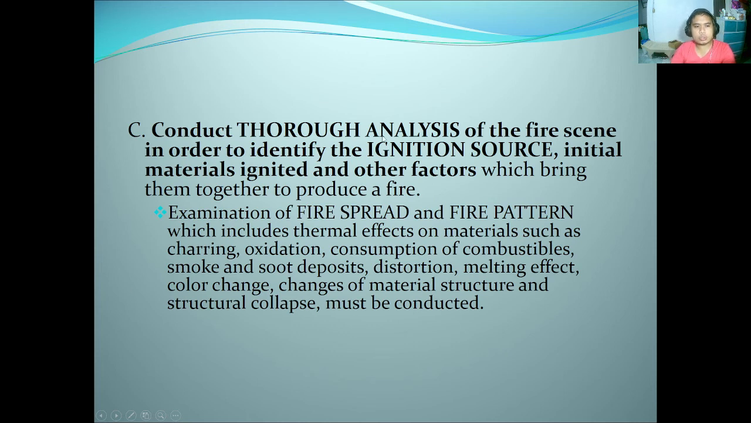Letter C, conduct thorough analysis of the fire scene in order to identify the ignition source, initial materials ignited, and other factors which bring them together to produce a fire. Examination of fire spread and fire pattern, which include the thermal effects of materials such as charring, exudation, consumption of combustibles, smoke and soot deposit, distortion or melting effect, color changes of material, structure, and structural collapse must be conducted